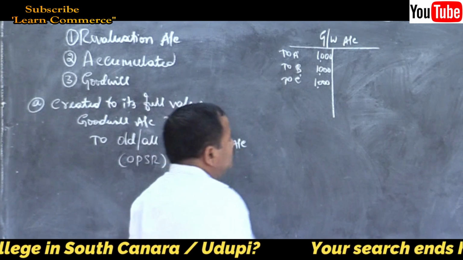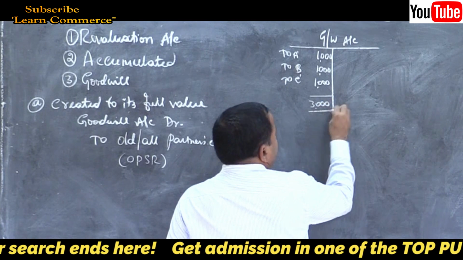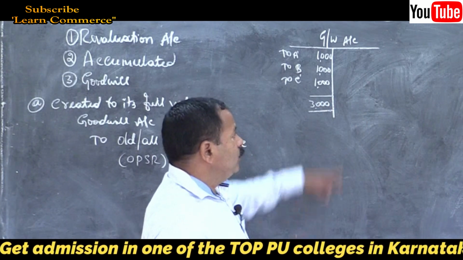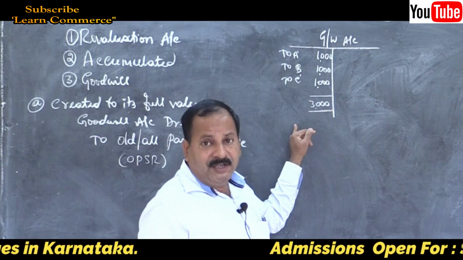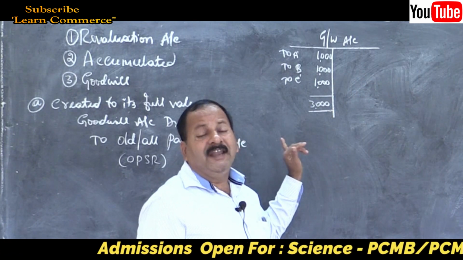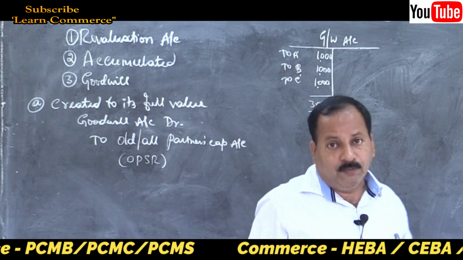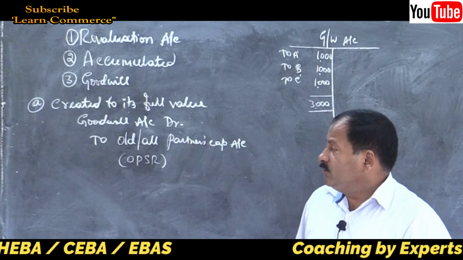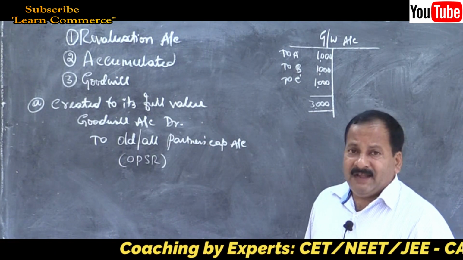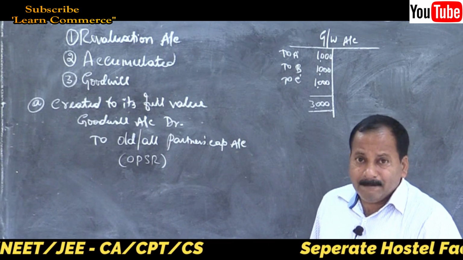So what happens is that you have to close this 3000. No entry on the credit side. How will you close it? By balance carried down to balance brought down. Goodwill shows a debit balance of rupees 3000. Am I correct? After goodwill treatment, only one entry will be there. First, that is the first method: goodwill is created in the books of the firm and allowed to remain as an asset in the balance sheet.